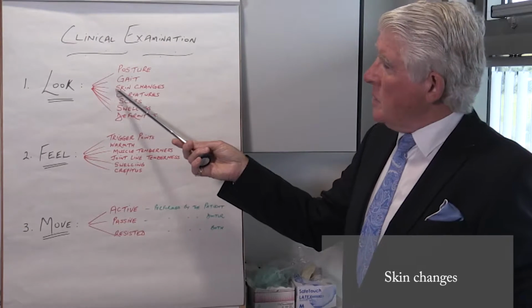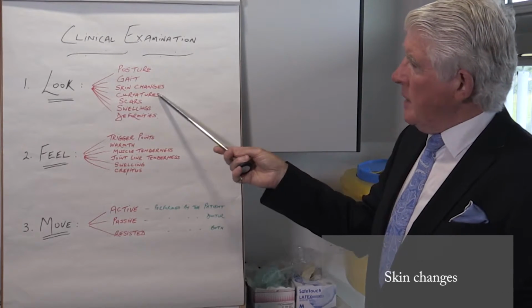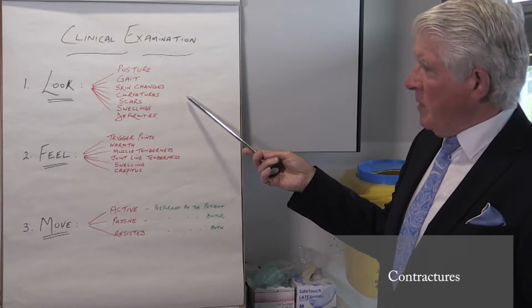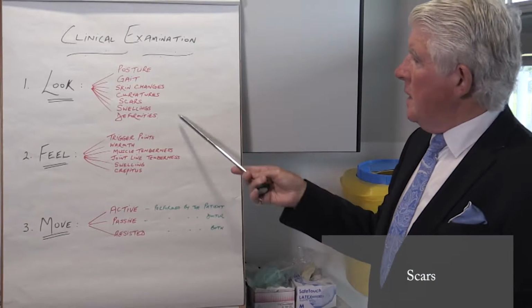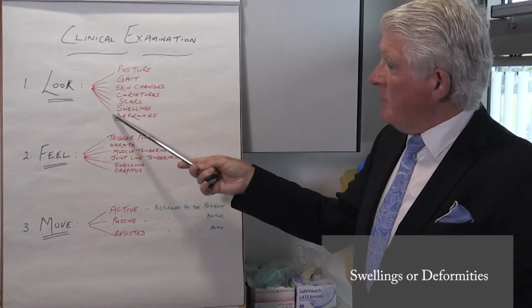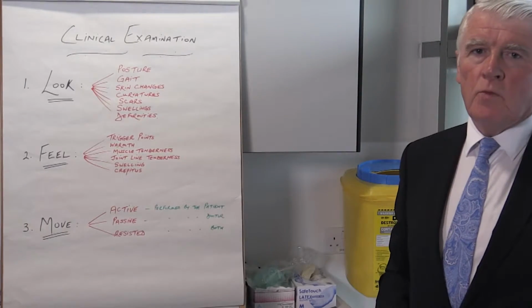The other issues that we look for are basically skin changes, any curvatures, for example spinal curvatures. Are there any scars indicative of previous surgery? Are there any swellings or any deformities? So we look really for this list of problems when we actually